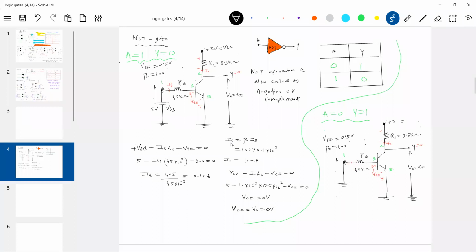And definitely what will happen, no current will flow. So just leave this part. Will any current flow here? If IB is 0, IC must be 0. Sir, how is it? But the cell is there. Okay, come for this formula. Look at this. If IB is 0, then what happens? Beta will be non-zero anyway, for any transistor it is non-zero. So IC will be 0. So no current flows here.